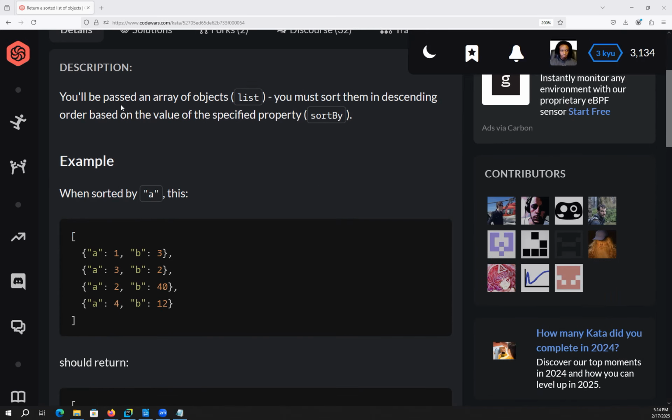All right, you're going to be passed an array of objects. Really, in Python, you're going to be passed a list of dictionaries called list. You've got to sort them in descending order based on the value of the specified property, sort by. Where it says specified property sort by, this is really key. You're going to be sorting them by